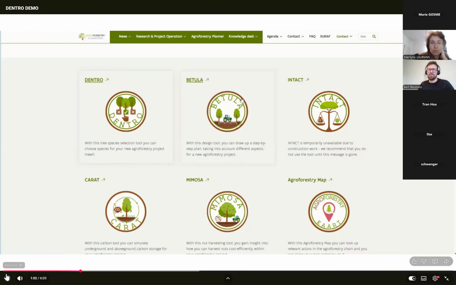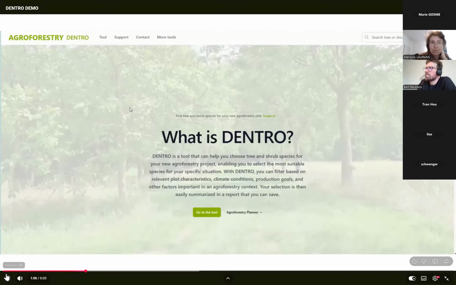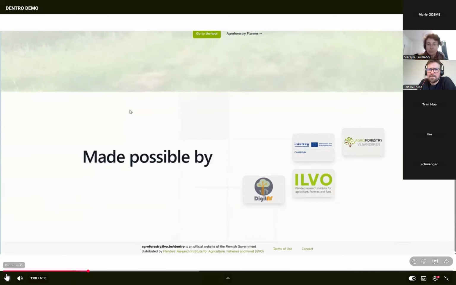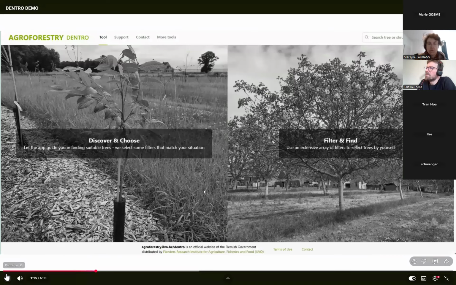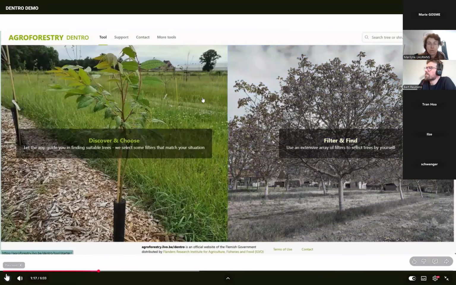For Forestry Planner, there are certain tools, and the first one is Dentro. Here is the home page where you can find a description and also a button to go to the tool. The tool consists of two options. You can have the beginner's version, where the app guides you in finding suitable trees, where we have some pre-selected filters.